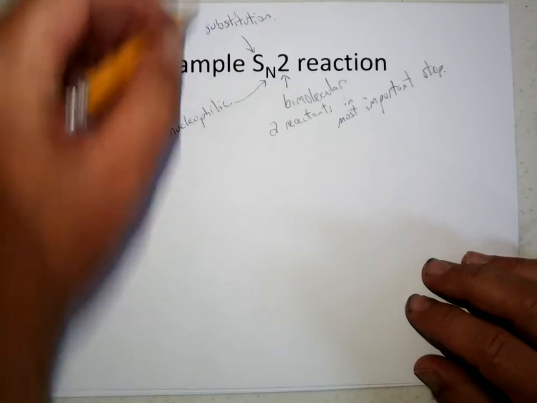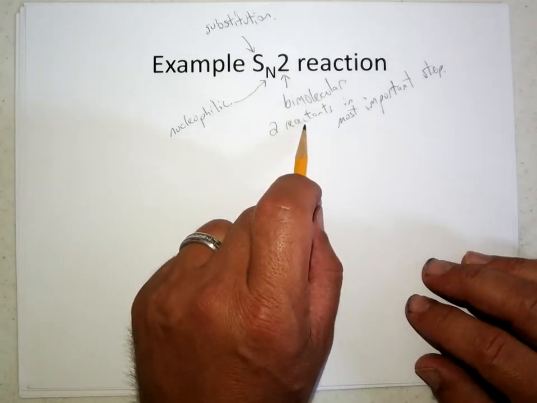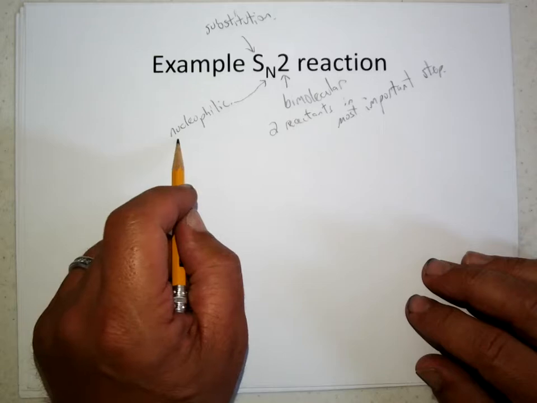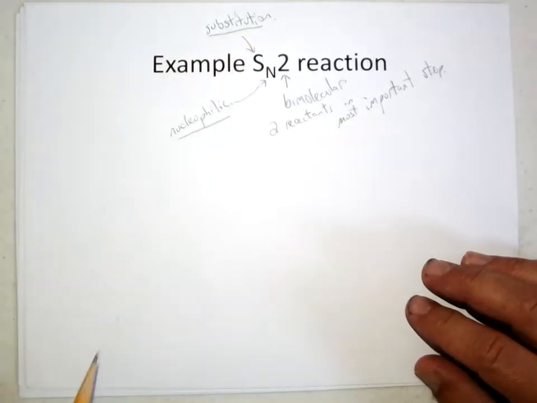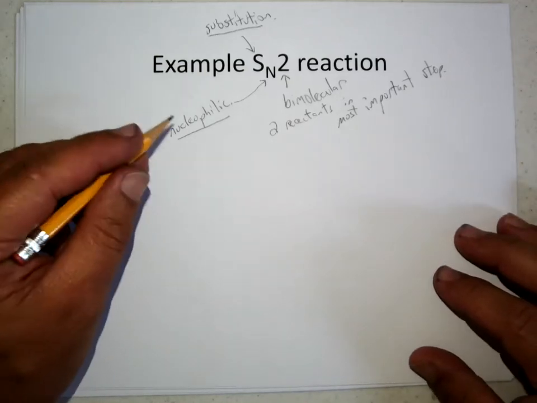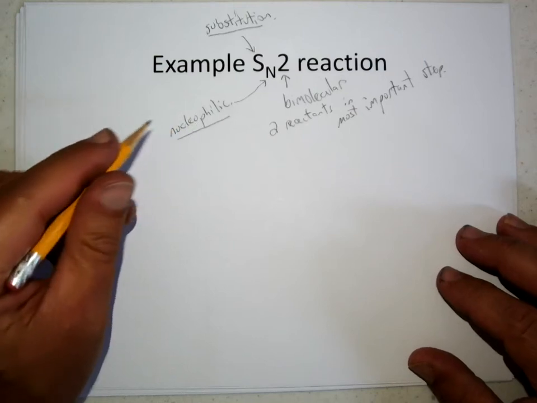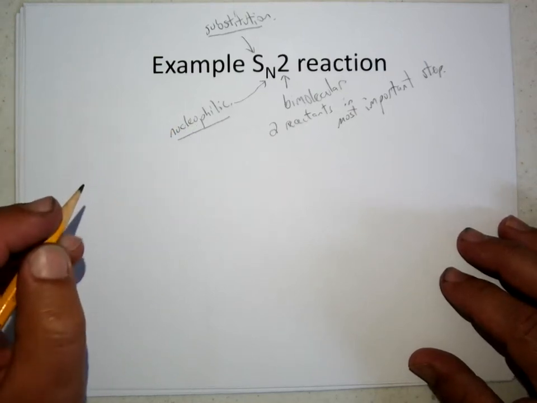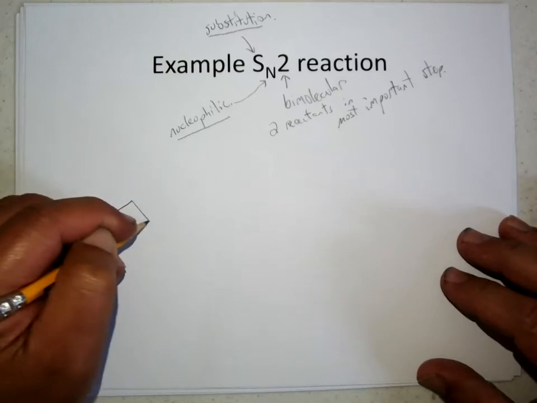So we're going to look at 2 molecules reacting directly, one of them being a nucleophile, to cause a substitution reaction. One of the most important characteristics of SN2 reactions is, since you have 2 molecules coming together, it's going to be pretty crowded. So what we're going to need is a reactant